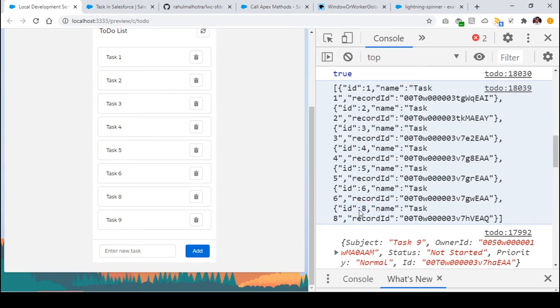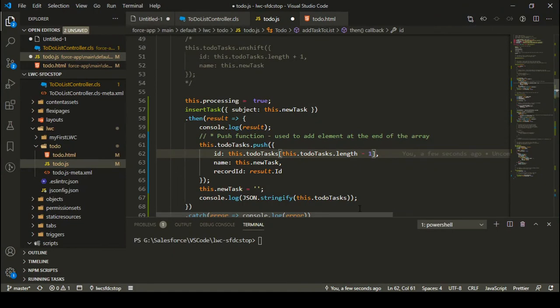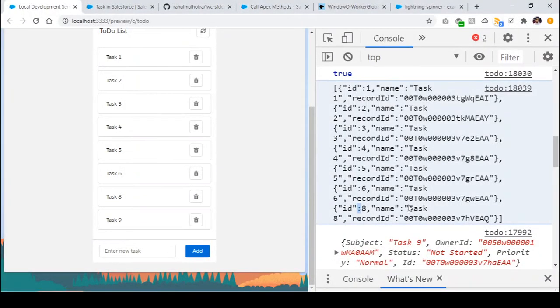Its ID is 8, and it is the 7th task in the list. It is a little confusing, but let me remind you again. This is task number 7, because this is the first task, second, third, fourth, fifth, sixth, seventh, but array indexes start from 0. That's why the index of this array element is 6, and the ID of this array element is 8. So here I'm using the index to find the task. The task index will be length -1, because if there are 7 elements, the last element in the array will be at index 6.